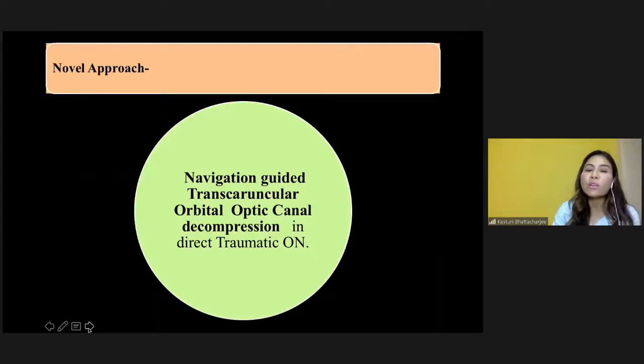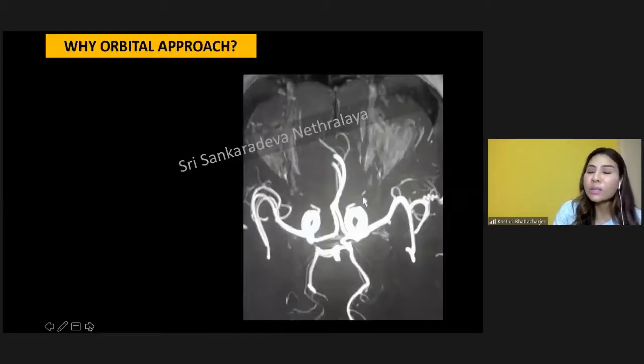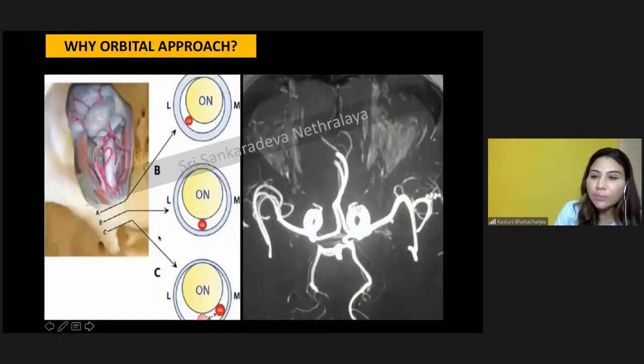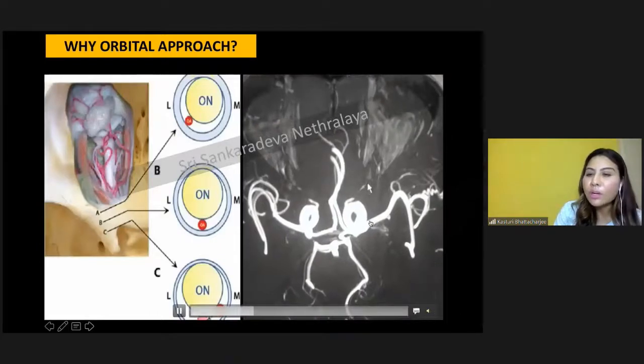So what can we do as ophthalmologists? We have started a very novel approach. We thought that, being ophthalmologists, let us go by an orbital approach and try to decompress the optic canal. I'm sure many of the residents or fellows will be asking me, why an orbital approach? Now, if you look at this picture here,